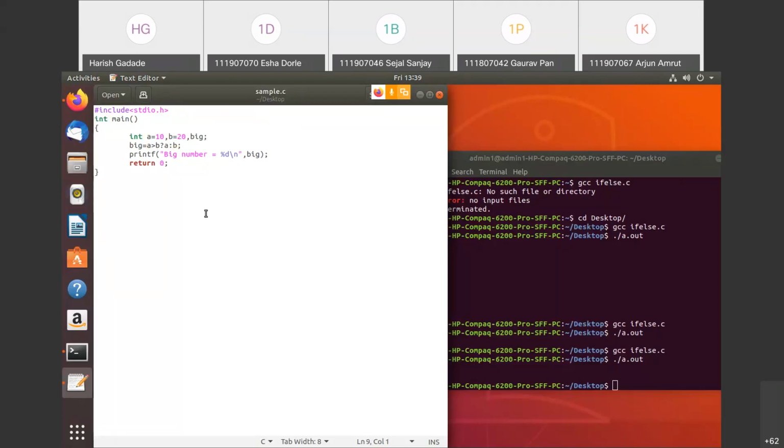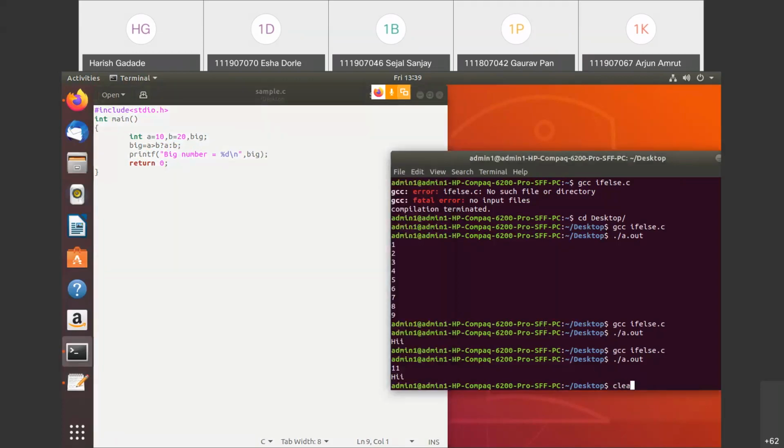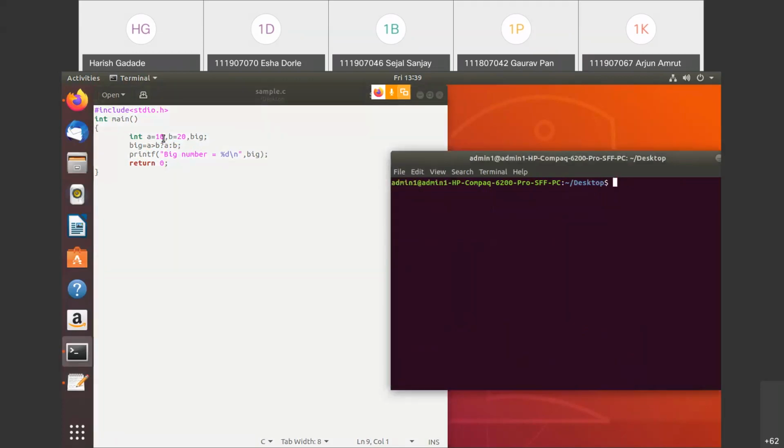Now this was the simple program we had seen. You can see here A value is 10, B value is 20, and we have used this statement: big equals A is greater than B, question mark A colon B. What is the meaning of this?